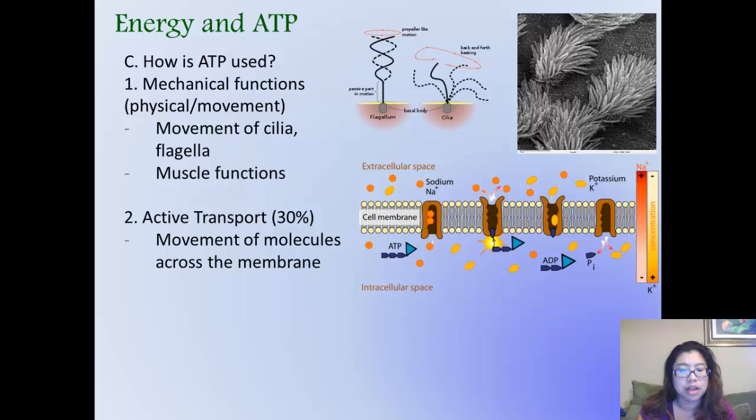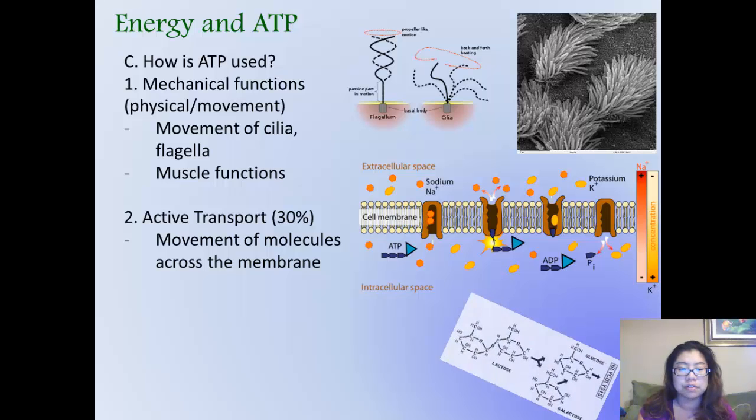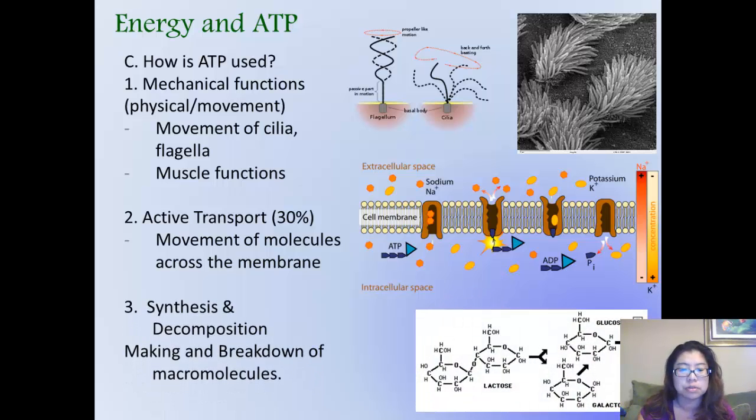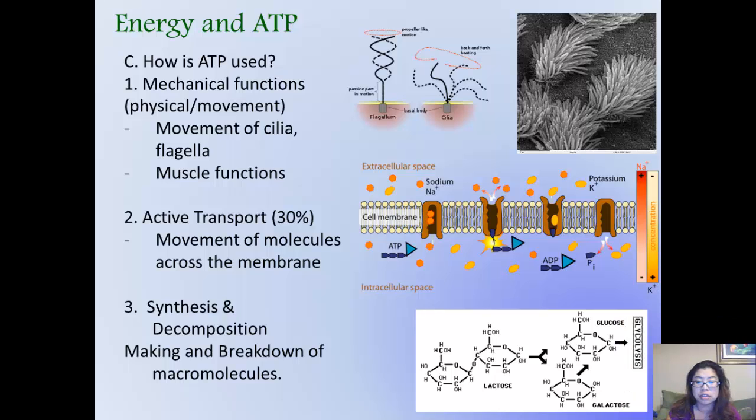And then we also have ATP used in the synthesis and decomposition of chemicals, the making and breaking down of macromolecules. Synthesis means making, decomposition means breaking down. And here's an example of lactose, which is a sugar found in milk, breaking down into galactose and glucose. And eventually glucose will be put through glycolysis, which is